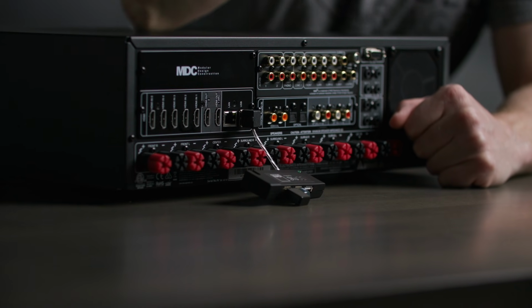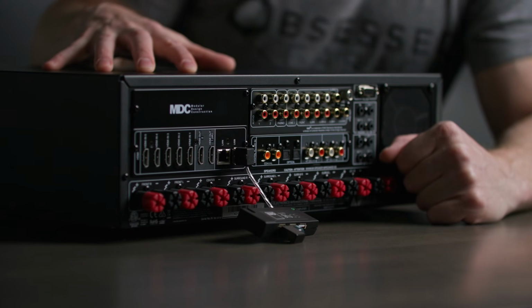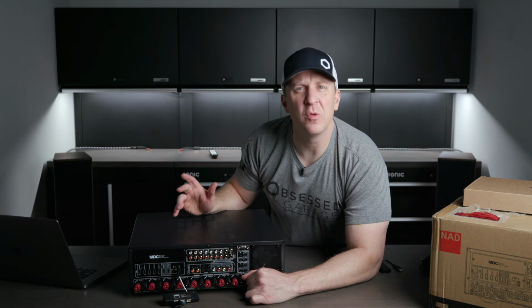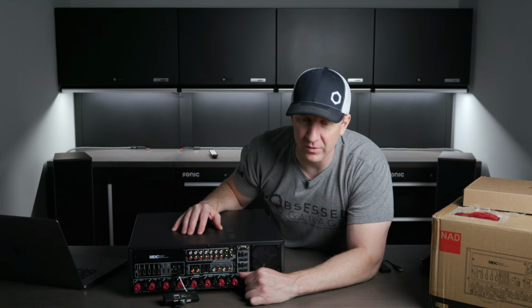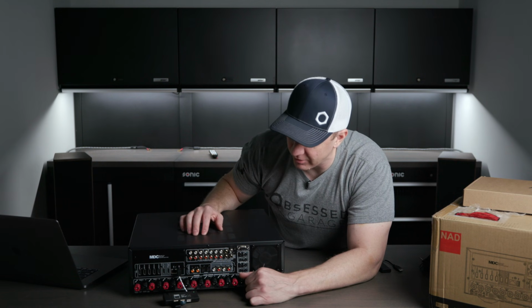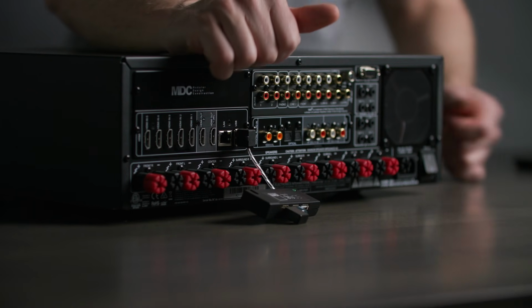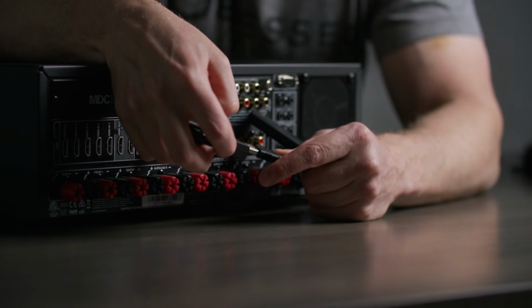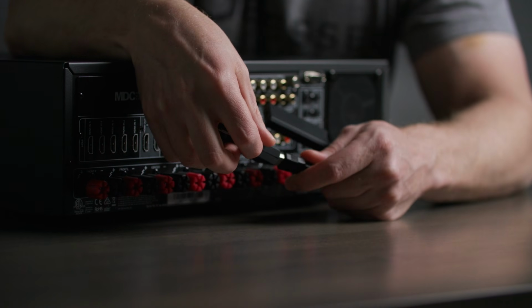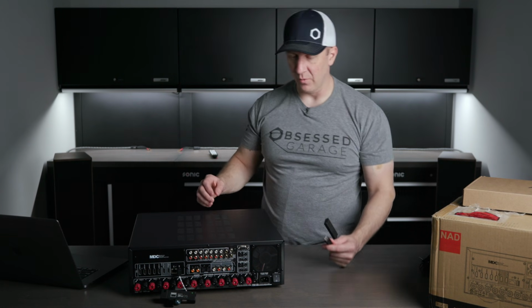And so this is what gives you the ability to turn this into a streamer, rather than just connecting via Bluetooth if you're going to use this for music. And so Tidal would operate right through the BluOS app, which I'll show you in a second here. So you're going to connect that, and then what I did on my M17 at home, this is a pass-through. There isn't a USB on the front of this if you wanted to,